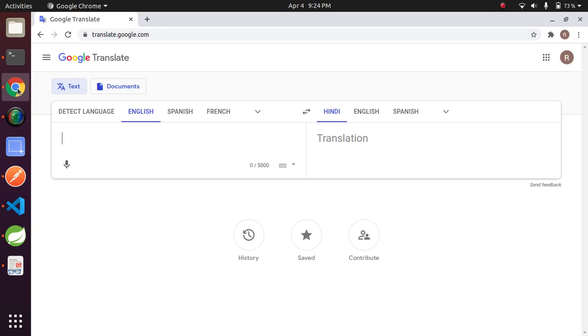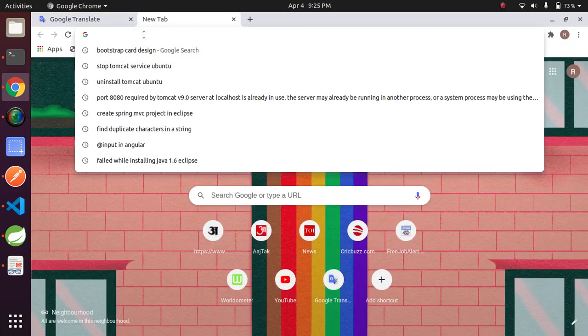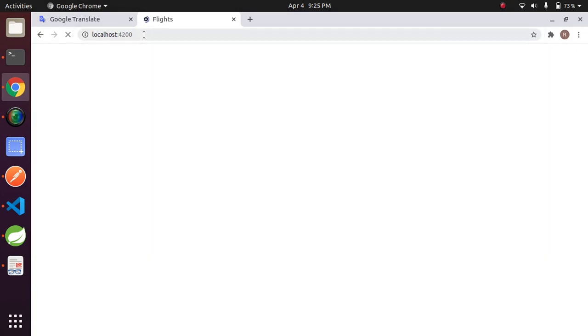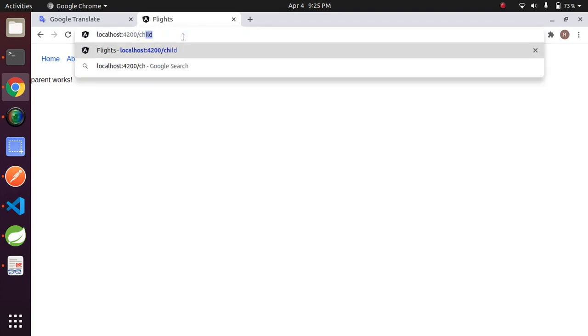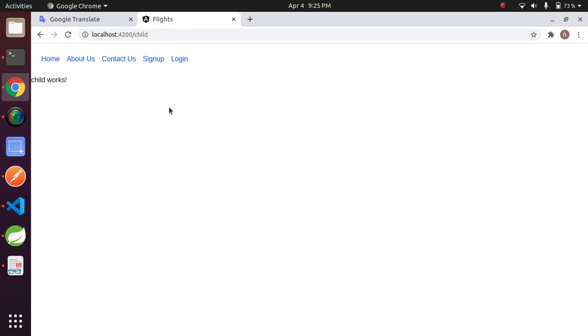Compiled successfully. Go to your browser, type localhost:4200/parent. Parent works. Child works. This means our mapping is working fine.